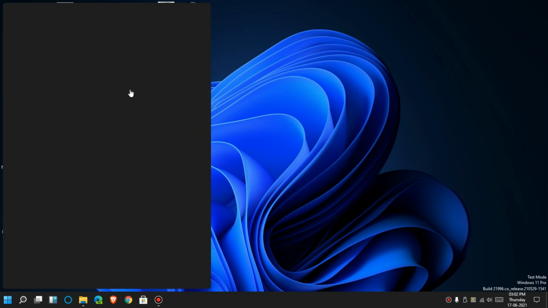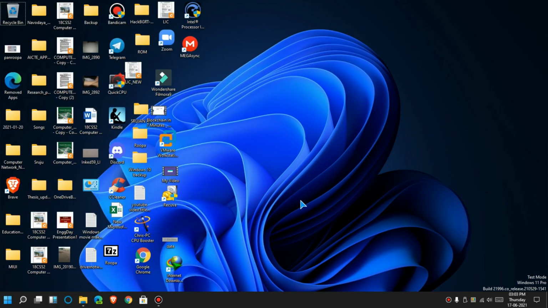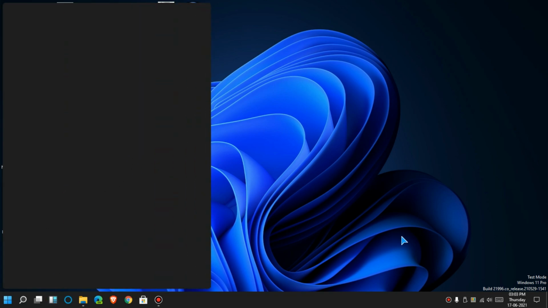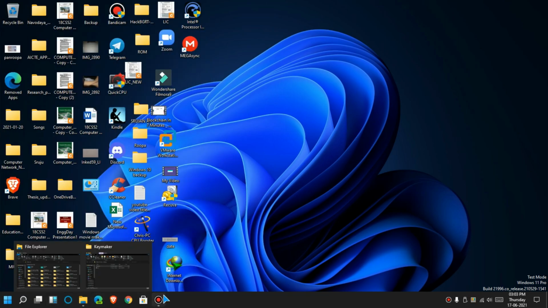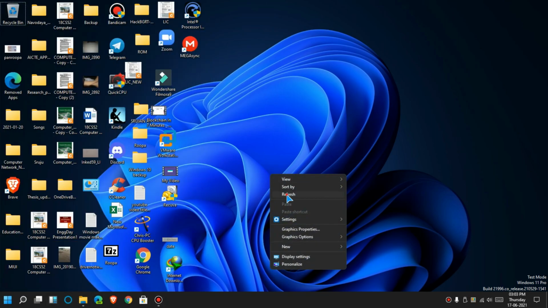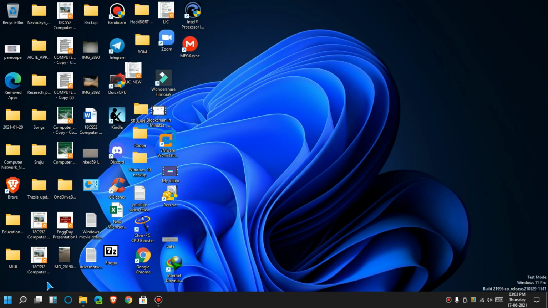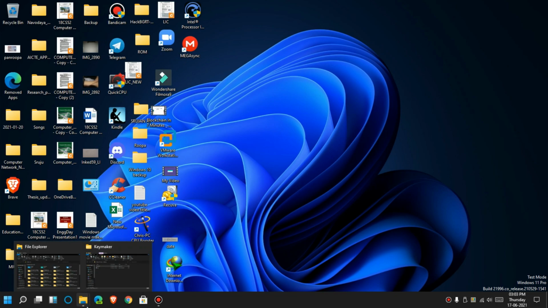Now my internet connection is slow, that's why it's going to take a while to show all the news and updates. But anyways, the news and widgets option, which was in Windows 10, has now been moved to here. So these were the features, and then there are changes in the file manager as well.